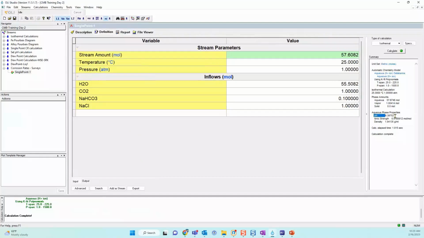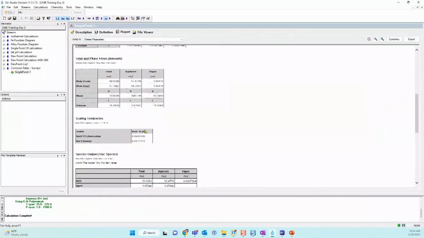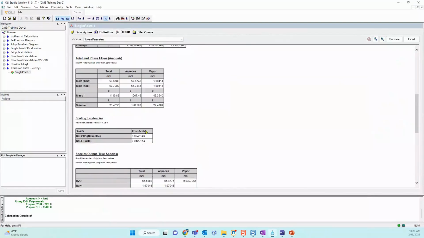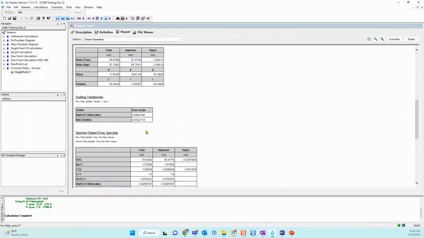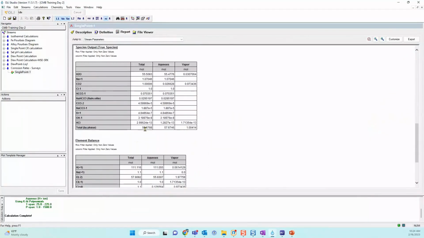You'll see that there is a change in the pH. It's not 7, it's 6.30, it's 6.4. It went low again, maybe because I was adding my CO2. I am dissociating that CO2 in water, and that's producing bicarbonate ions, and it's probably increasing my composition of hydrogen ions. Okay, so that's my little understanding of what's happening in the bulk solution.